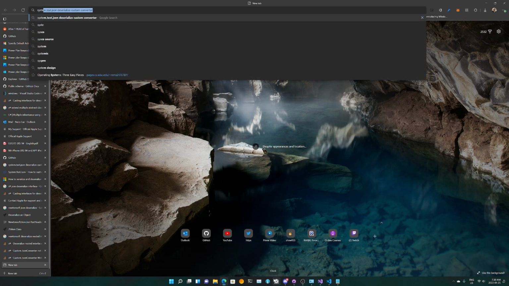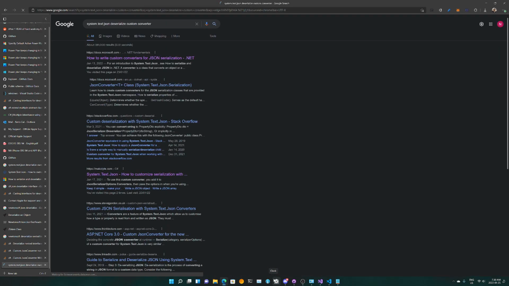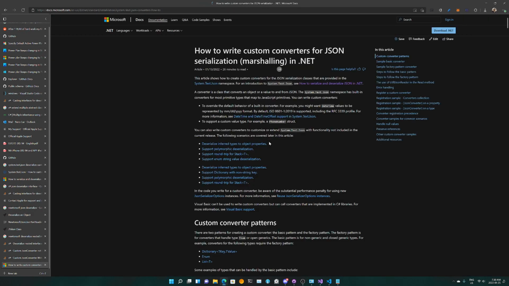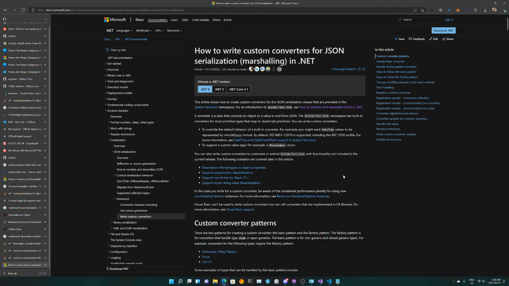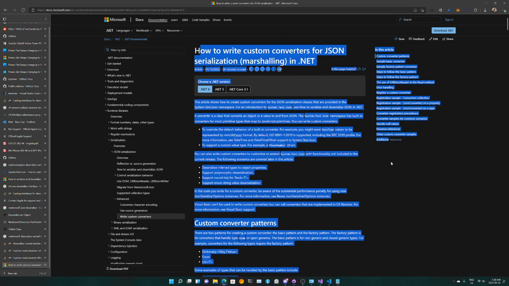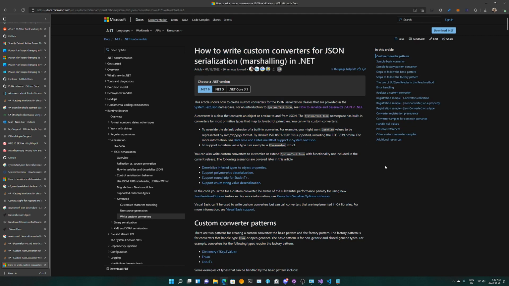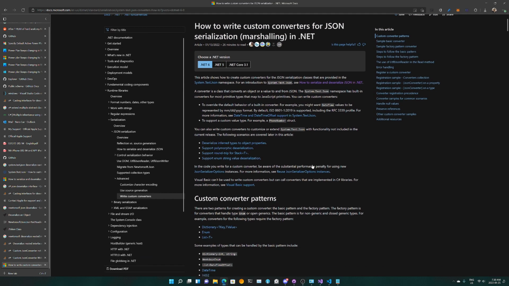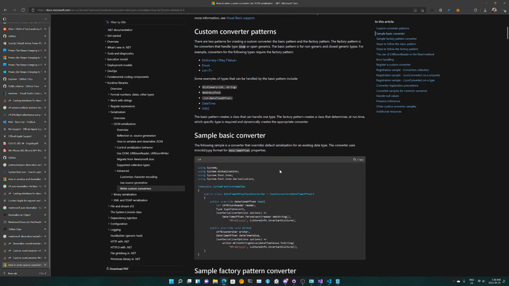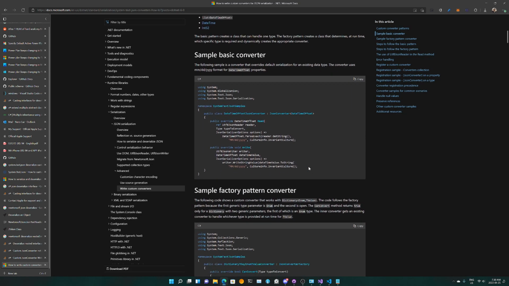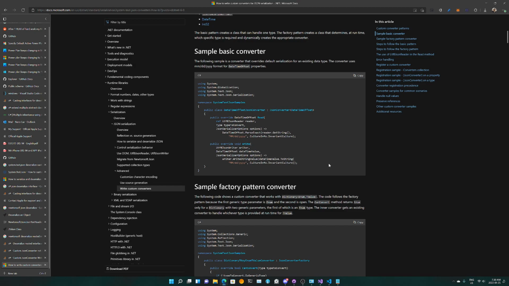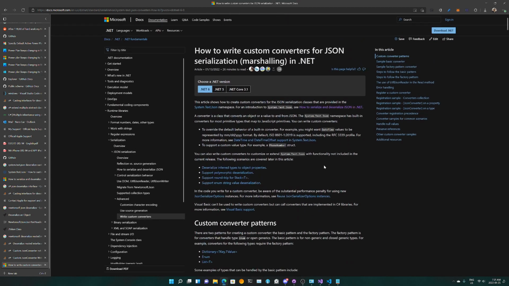So, System.Text.Json custom converter, and see if we can get something out of this one, right? And what's also good about it is that it's dark mode the entire website, so we can read the code with ease. All right, so yeah, let's go into it. What are the converters, right?